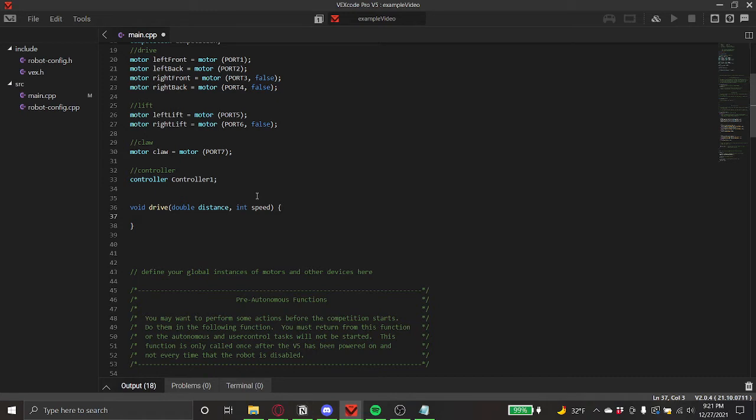So you have your distance and your speed, which are the only things that are going to change. So you're going to call like a variable. If you have a two motor drive, you only do this twice, and then rotate 4 negative distance. And the reason why is because